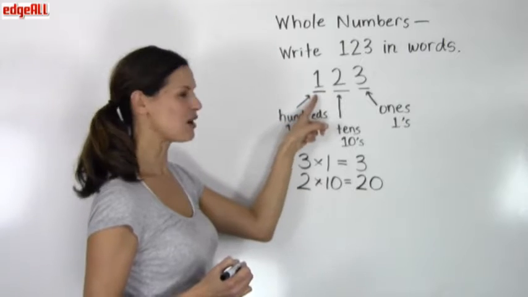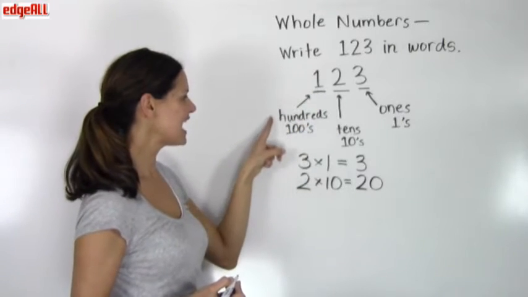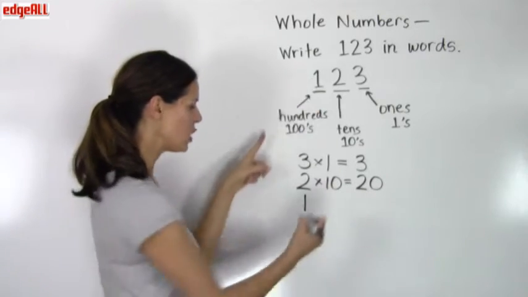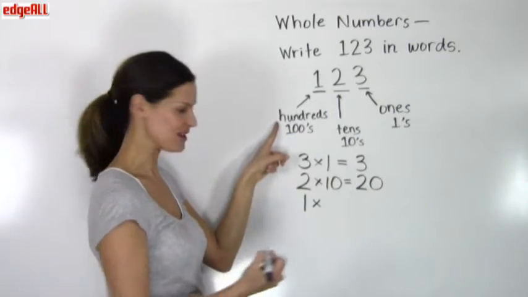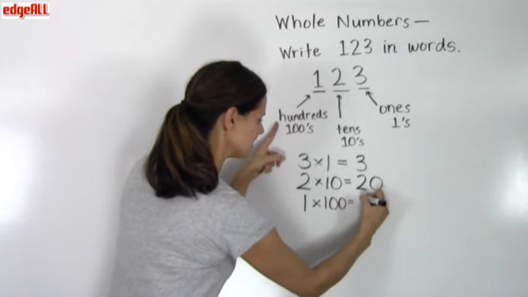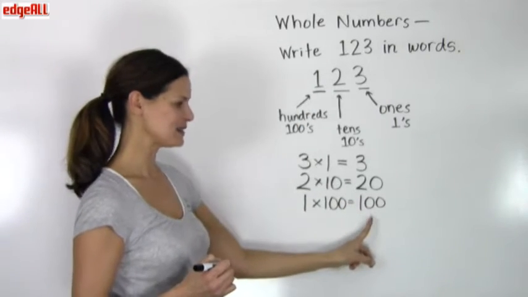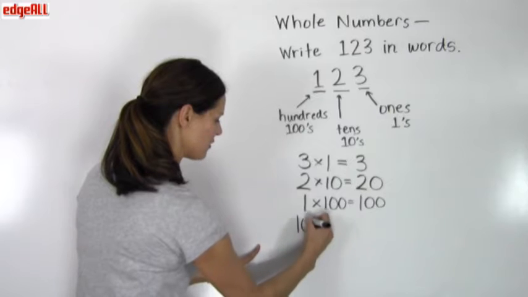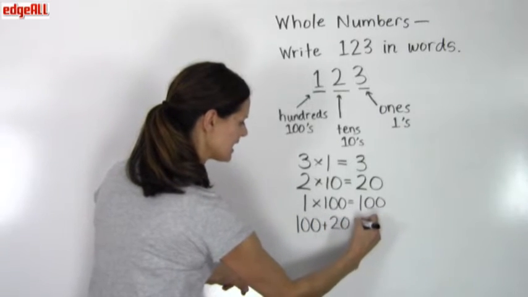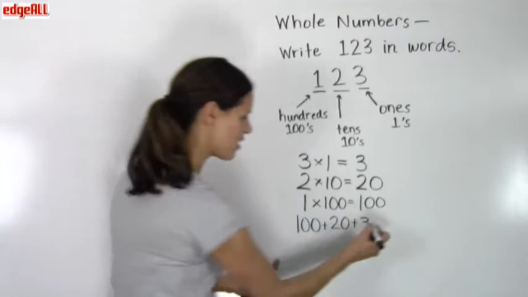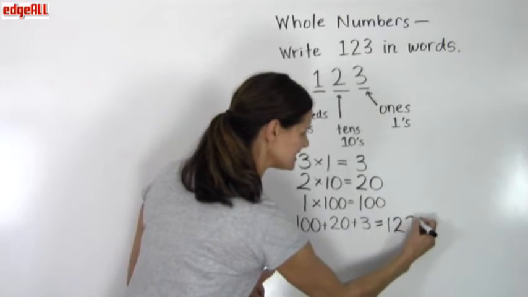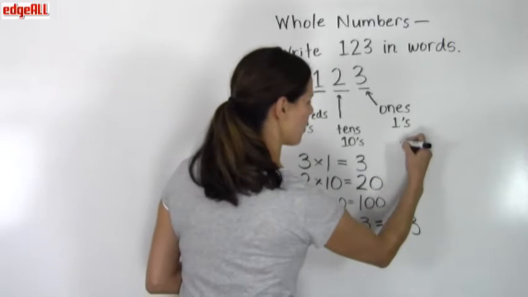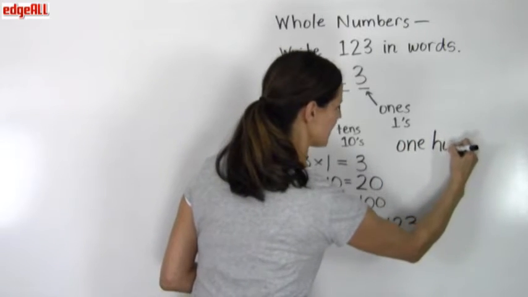And then we're going to move over here to our 1. And our 1 is in the hundreds place. And so to find the value of our 1, we multiply it by its place value, so by 100. And the value of this 1 is 100. So if we take these and add them together, we have 100 plus 20 plus 3, which gives us our total value of 123. Now, if we're going to write that in words, we would write